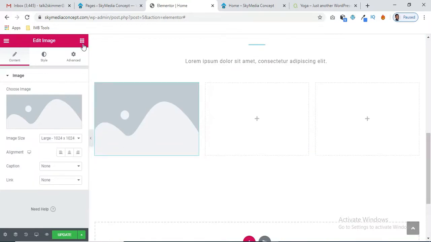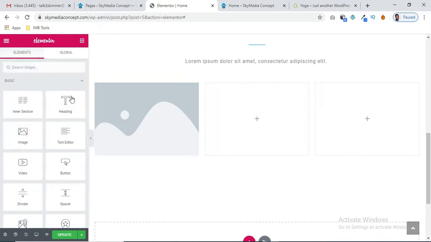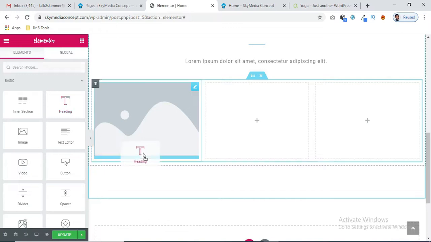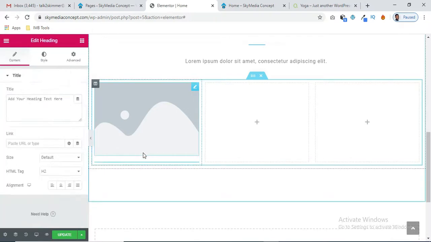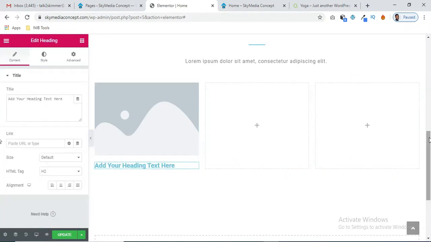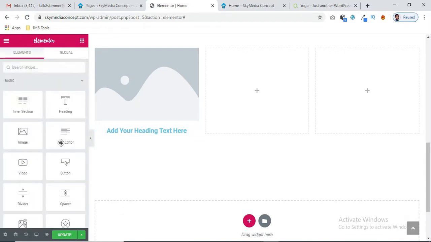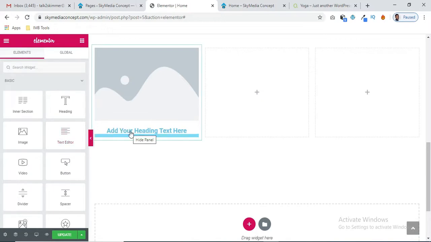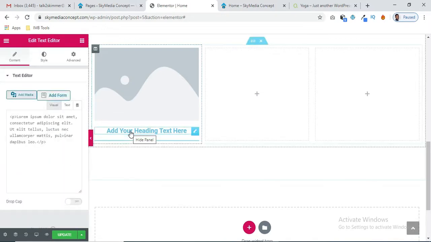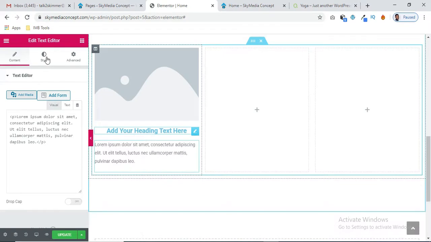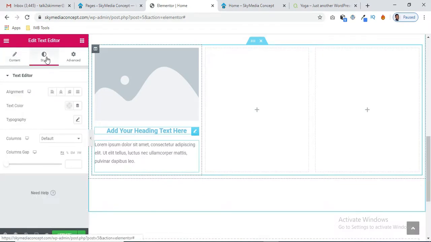Before I edit that, let me click and drag in my header and drop in that same column. Before I edit it, let me just center it. And last of all, let me drag in my paragraph. Use the text editor, drag it in and drop it. Also, I want to center this guy. So I center him,